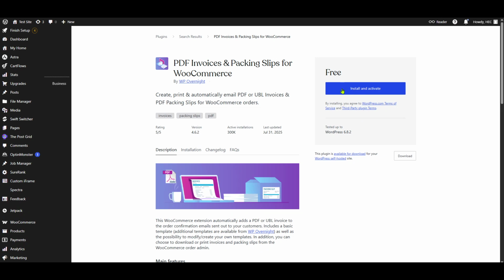In just a few minutes, you've set up your WooCommerce store to automatically generate order invoices and packing slips, which will simplify your transaction processes and improve the overall efficiency of your store management. Remember, having these documents ready and organized not only enhances your operations, but also creates a professional impression with your